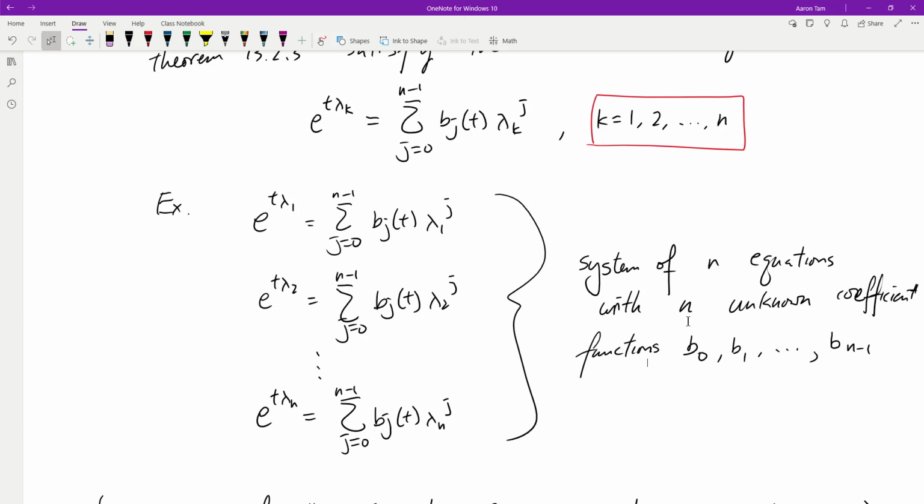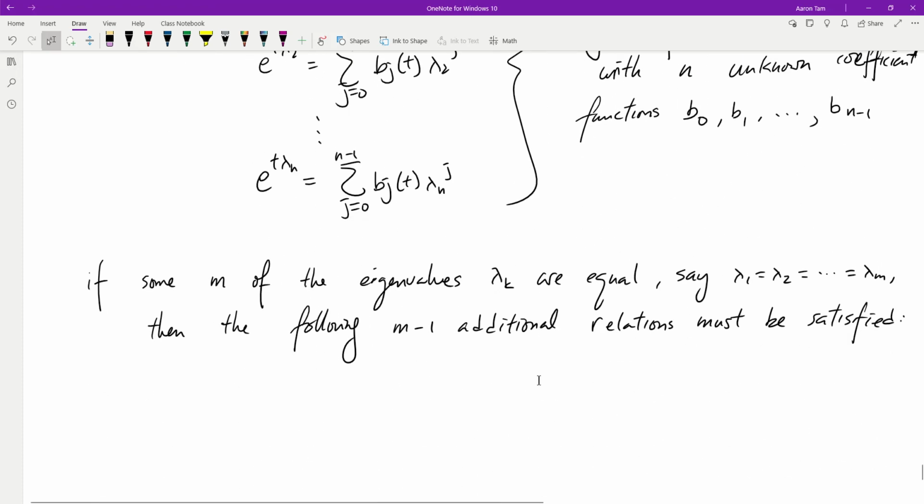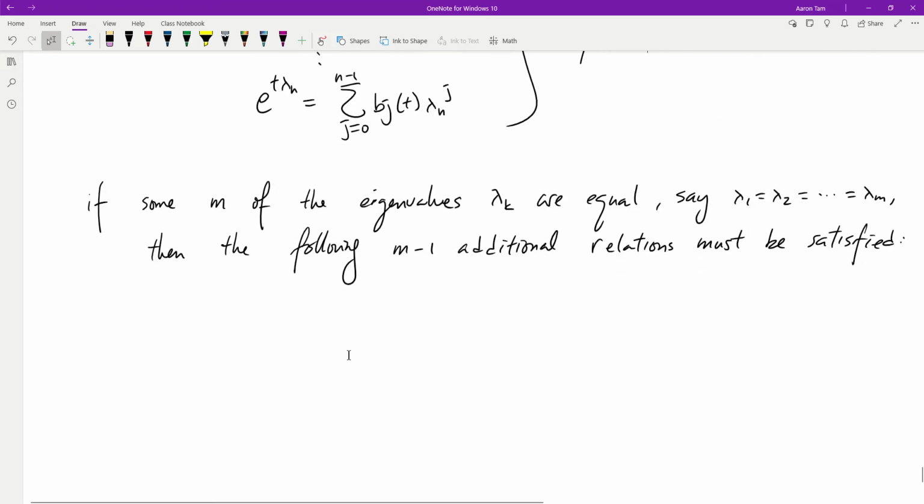We're looking for a finite, a specific set of coefficient functions that will allow us to generate e to the tA. So in order to satisfy that, we have to add in extra equations. And in this case it would be m minus 1 extra equations, because with m of them repeated, one of those out of the m would be the actual equation, while the other m minus 1 equations are all repeating the same equation to begin with. So those repeated equations will now go away, and now we have some new equations that we can plug in. So what are these equations? It would be in this form: